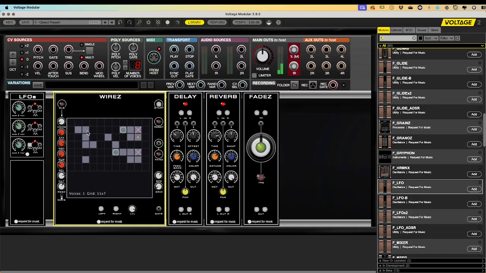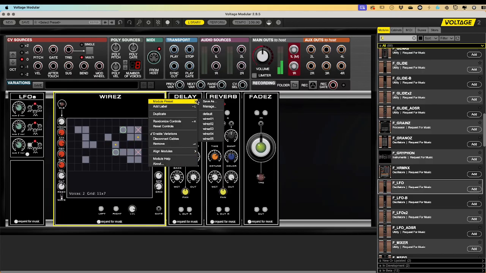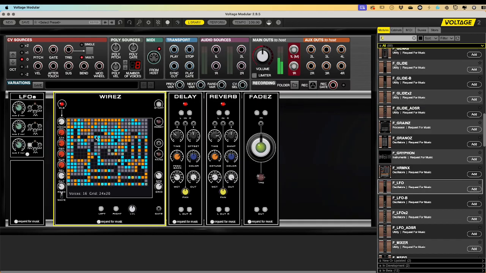And I can actually double click on such a point to take it away if I want. So now actually there's nothing running, but I can still, for instance, put some dot in here so that as soon as it gets the start point or the starting trigger, it will run that. And I could do that here as well. And again, still take the output from the gates if I want to drive something else from that part as well. So yeah, that's actually what WIREZ is, and obviously you can save everything from it,